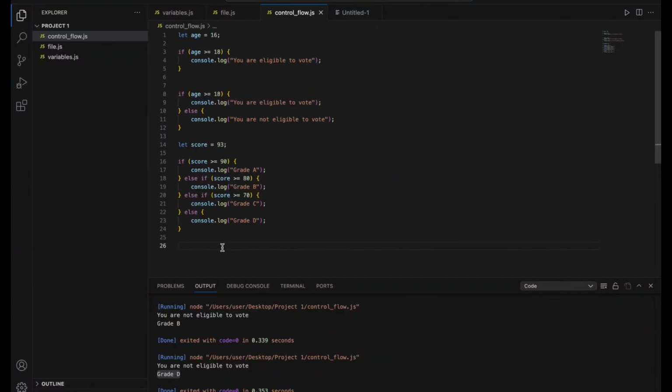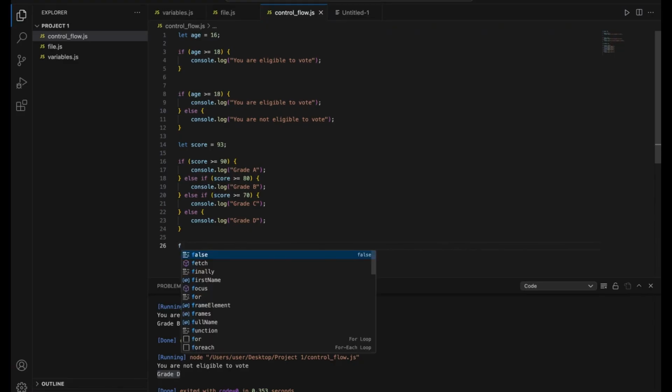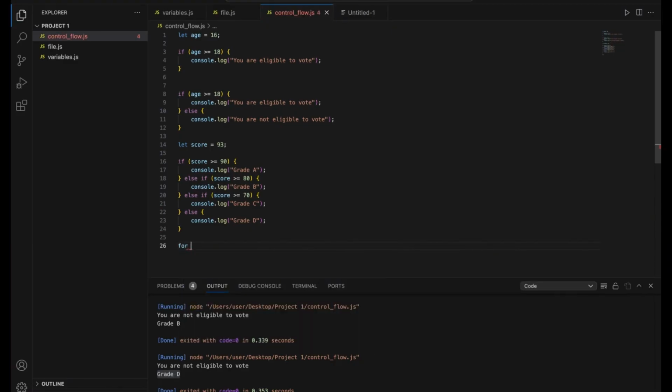Okay, so let's start with the for loop. So we have different types of loops, right? We have the for loop, we have the while loop, we have the do while loop. So let's start with the for loop. To write your for loop, it's written as for